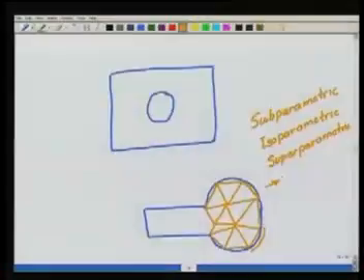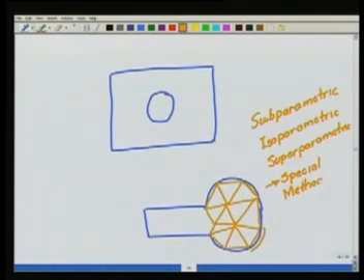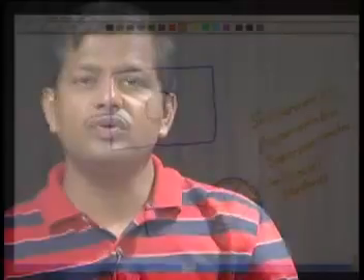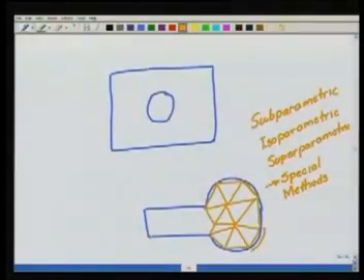I will also indicate some special methods with which you can have exact representation of the contour of the domain if I know the parametric representation of the contour of the domain. So this is what we are going to discuss in the next class, and from there we are going